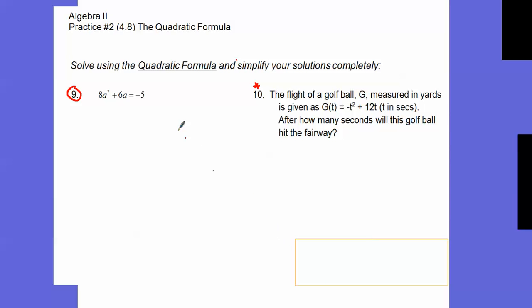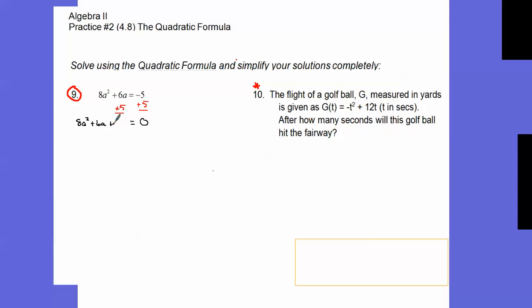Problem number 9 is yet another quadratic which is not solved for 0. We need this negative 5 to be added to the other side. So here we're adding 5. We will add 5 to this side here. What will be left will be this. Equals 0. We will have 8a squared plus